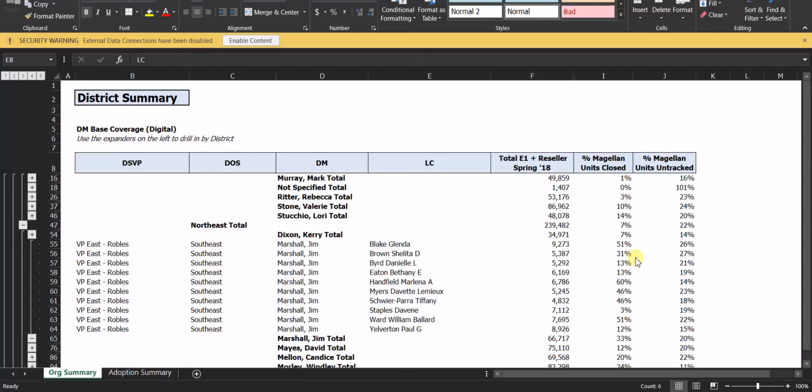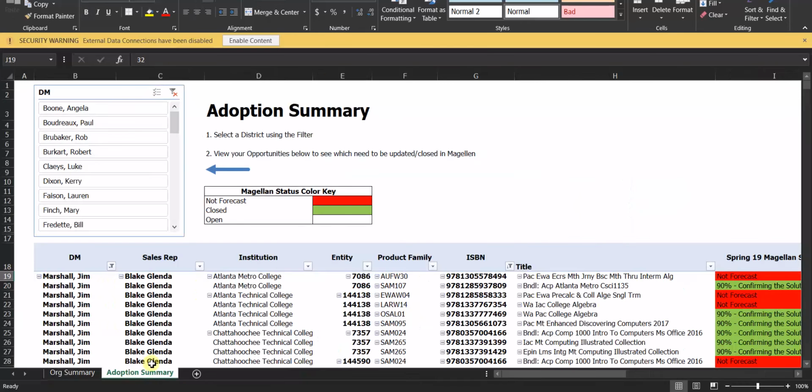The one area where we need to focus for the next couple of weeks is the percent of Magellan units untracked. What that means is there are units within your Spring 18 base that are unaccounted for. And you're probably thinking, well, I feel like I have everything accounted for. I moved everything forward. What gives? If you open the spreadsheet and go to the adoption summary tab, you'll notice that this shows you